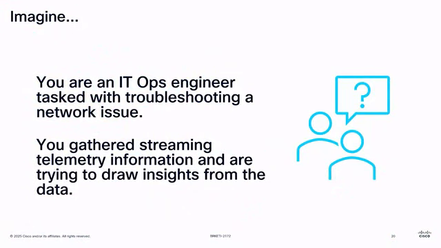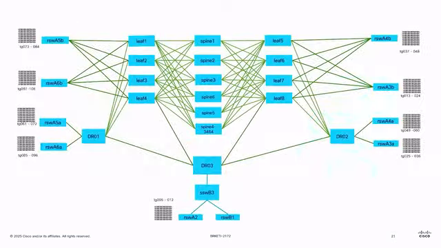So again, let's start with this: imagine you're an IT ops engineer, and now you're tasked with troubleshooting a set of network issues. What we're starting off with is we gathered a bunch of streaming telemetry information from a system, and we need to draw insights from that. That's my system. There's a lab setup we had in Building 9 in San Jose. So classic leaf and spine, two-stage Clos fabric, runs BGP in that fabric, all 100 gig uplinks. And what we've been doing is we've pushed traffic into that fabric with Ixia traffic generators from left and right.